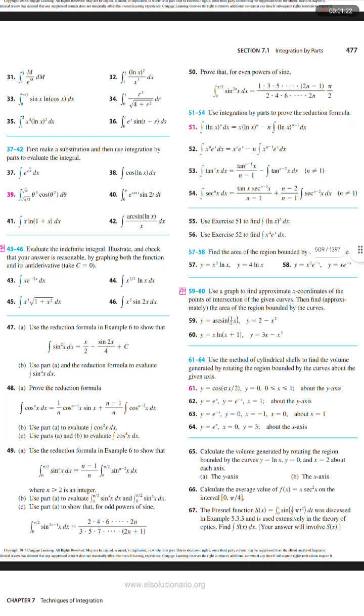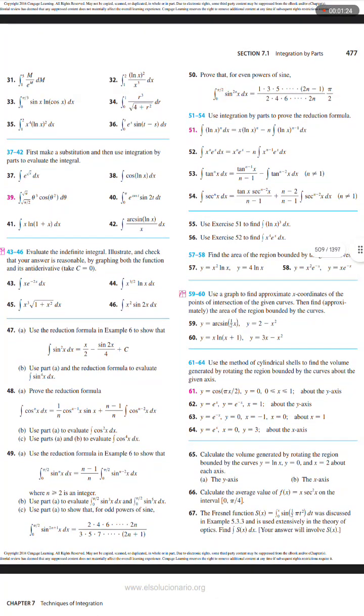The integral of x to the power n times e to the power x dx equals x to the power n times e to the power x minus n times the integral of x to the power n minus 1 times e to the power x dx. The integral of tangent to the power n